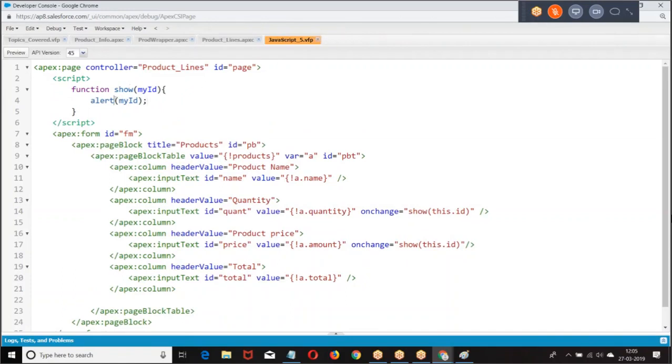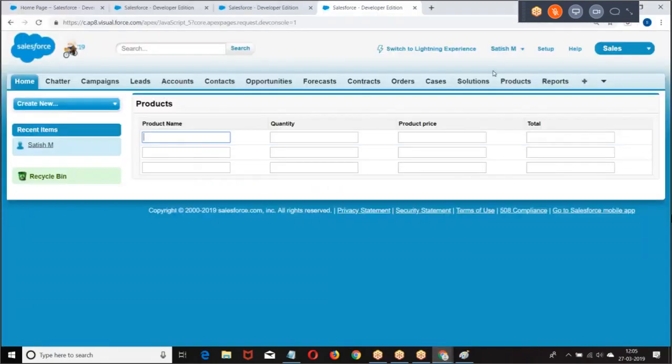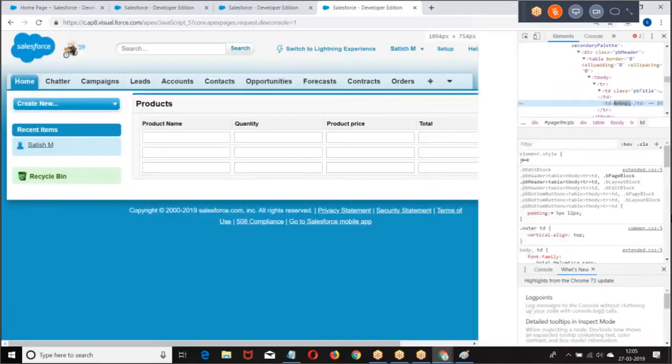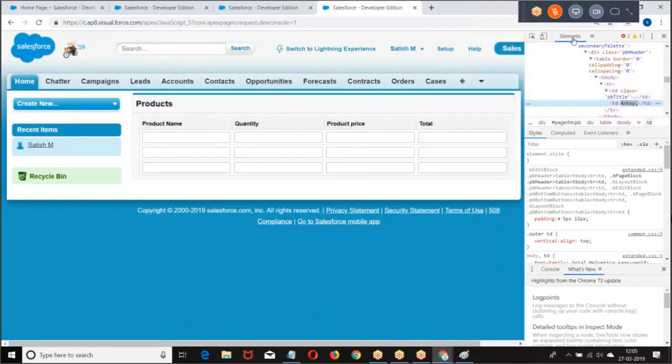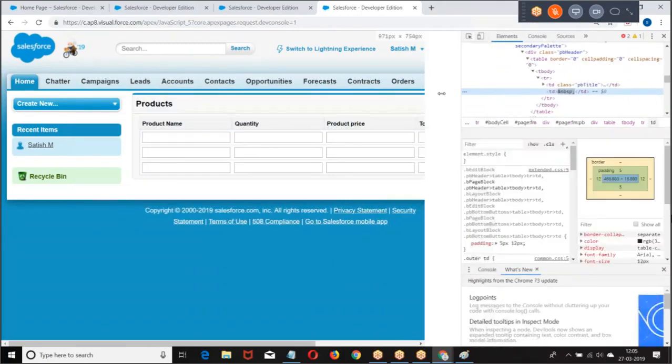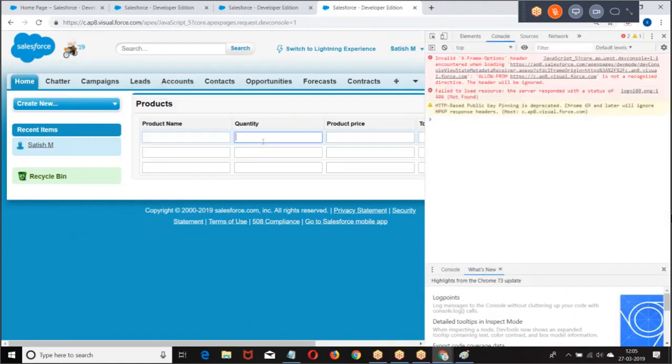Or else I'll give console.log. Quantity change. When the change happened, what is the ID we received?